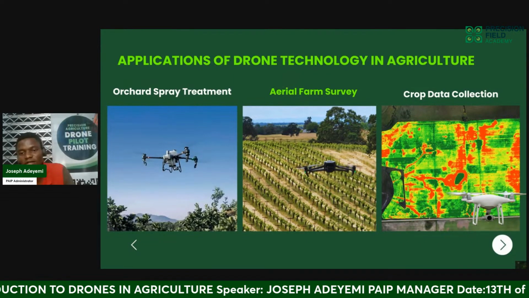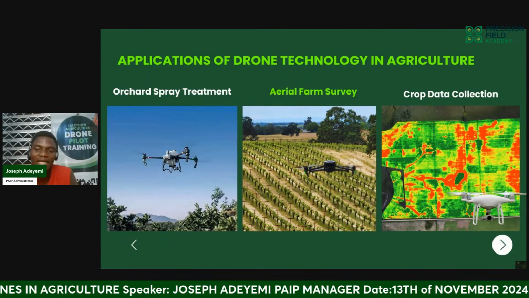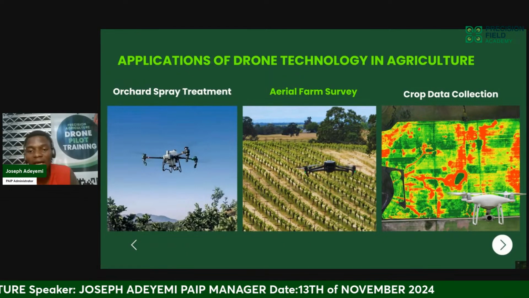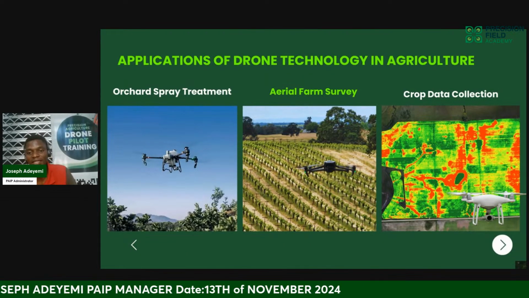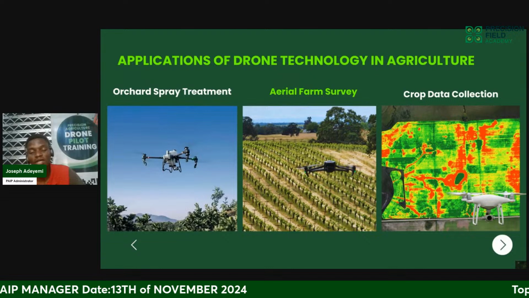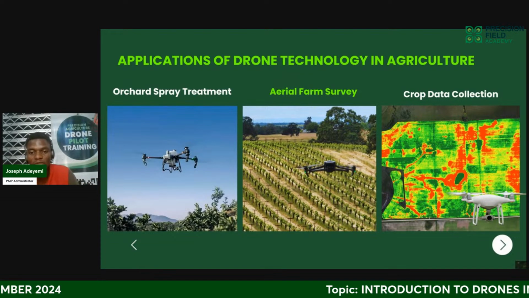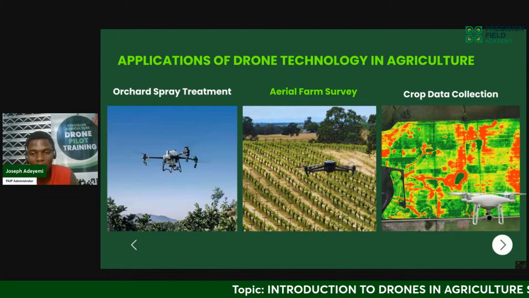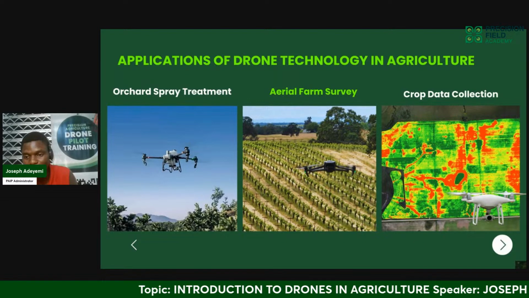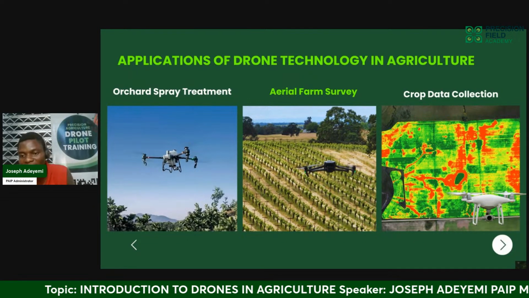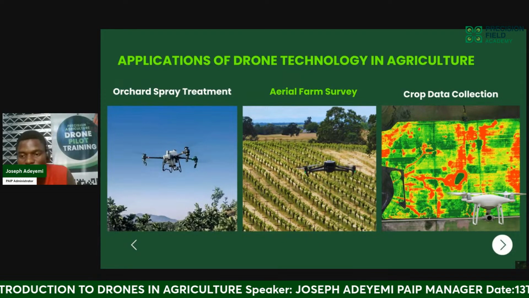So under the general application of drones, drones are still very useful in area farm survey. You can do a visual inspection of your farm, survey what is happening there, to be able to take preventive measures, and also quickly know about security threats. So crop data collection, yes, drones are useful in so many ways.